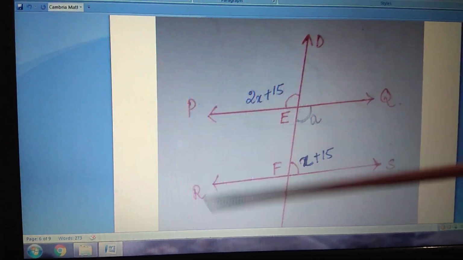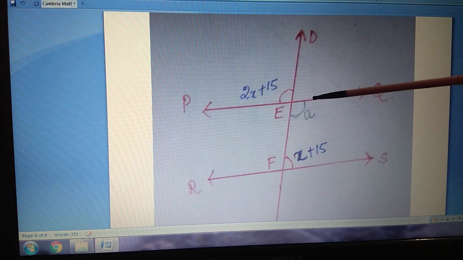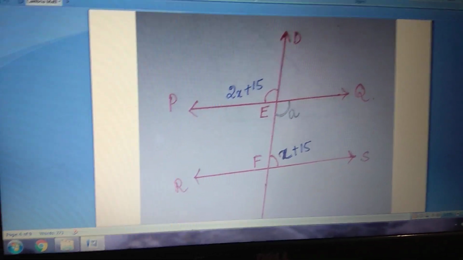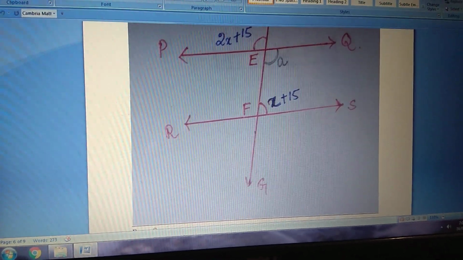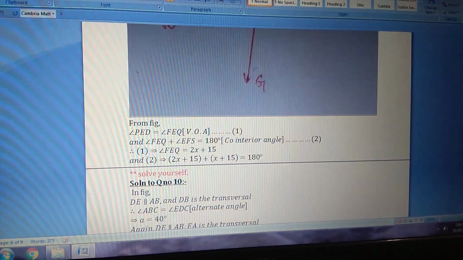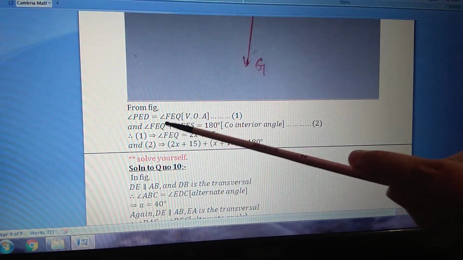Here I have drawn the figure again. You will find a bit of change in this figure. This A is marked by myself. So here you can see how I have solved. If you see in your book and mark A in the book, then you will see that PED and FEQ